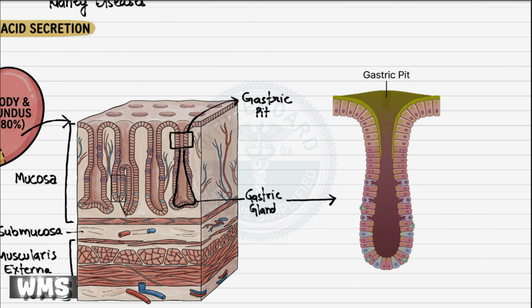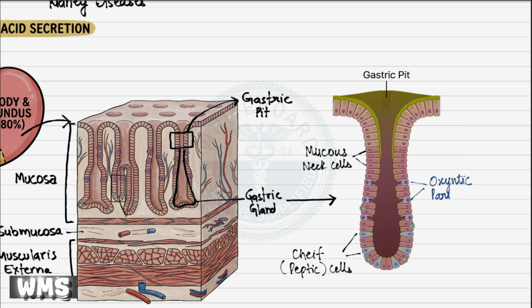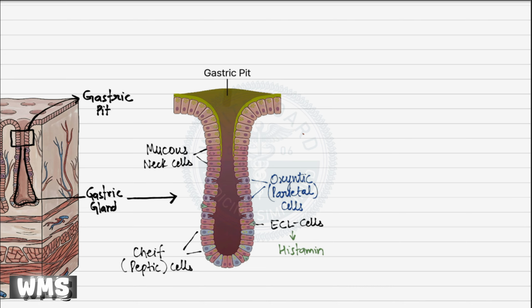When we zoom into one of these glands, we can appreciate that it is not made of a single cell type, but instead consists of multiple specialized cells arranged along its length. For instance, mucous neck cells secrete mucus, chief or peptic cells release pepsinogen, and most importantly, parietal or oxyntic cells produce hydrochloric acid and intrinsic factor. In addition to these, there are enterochromaffin-like cells which secrete histamine and further regulate acid production. So when the parietal cell